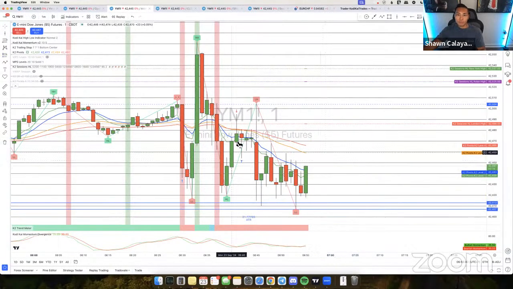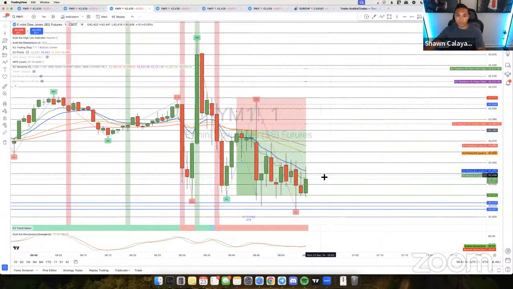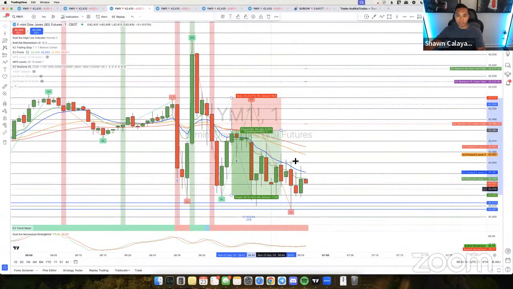For the bigger move, the 60 TP 30 stop loss, guys, I would only take one of them because you can see over here price has already hit. If you end up waiting too long and taking too many of them, I'm not going to say it's not going to hit, but you're running the risk, of course, because this is a pretty big move, right? So I'm only taking one of them a day.